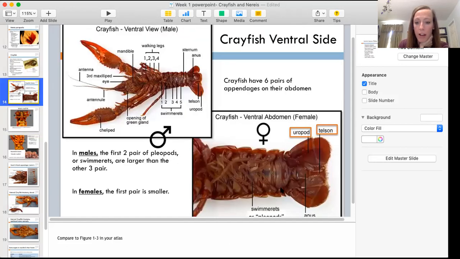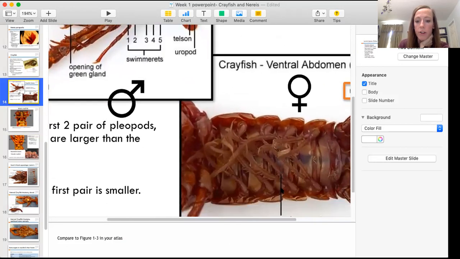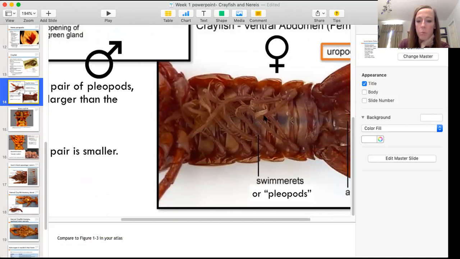Whereas the female, I'd started to point out here, you see has 1, 2, 3, 4 that are roughly the same size, four pair, and then one tiny little pair up here. You can barely see it, but it's there. So the female, the first, the most rostral pair of swimmerettes, is small, and the latter four are